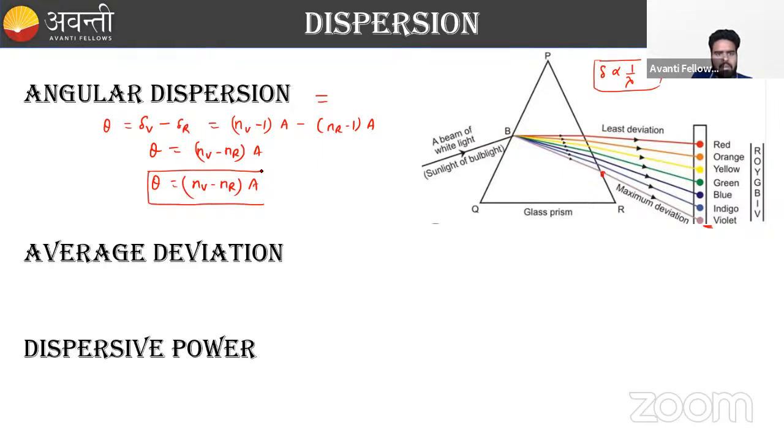Second one is the average deviation. Whenever average deviation is asked, we find the mean deviation, which is also known as the average deviation, that is the yellow color deviation. So in this, we are interested in finding the deviation of the yellow color, which can be written as (nY minus 1) into A. This is known as the